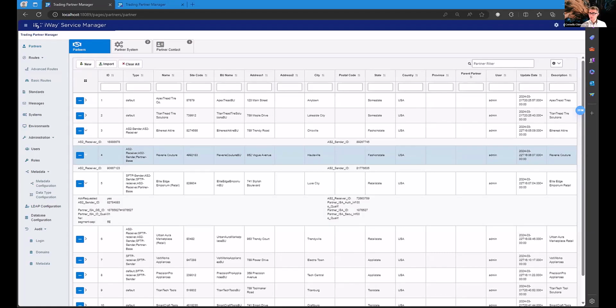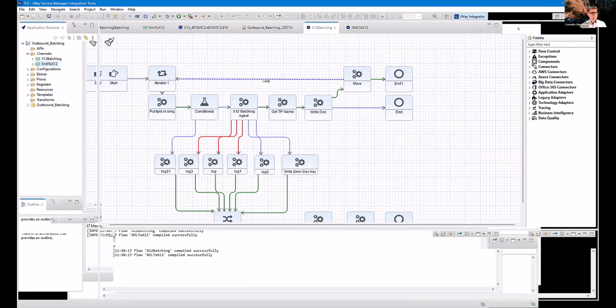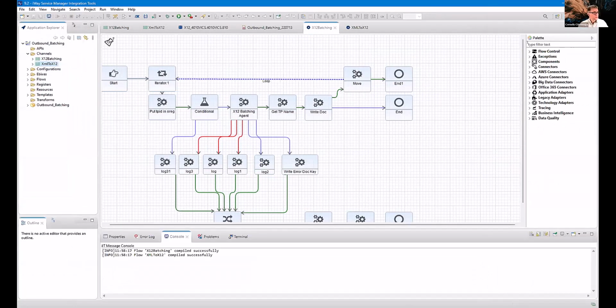Maybe we have time for a quick demo with ISM working in conjunction with TPM. Sure, go ahead. Okay, so here is ISM. And we have a scenario where someone drops a document into a folder, which is being watched by this listener. It's an XML document, and we seek to transform it to an X12 EDI document using X12